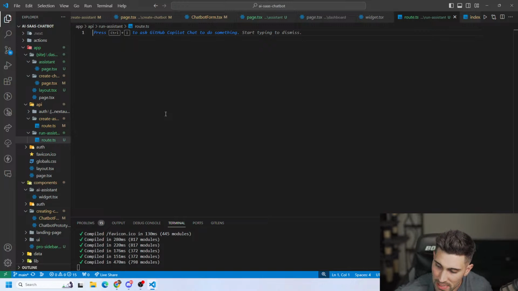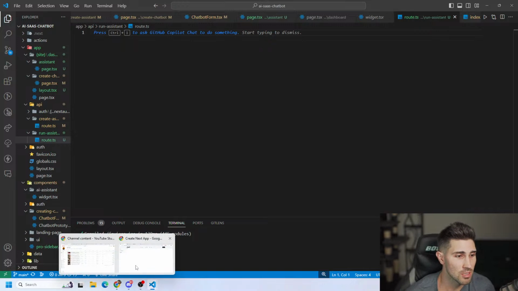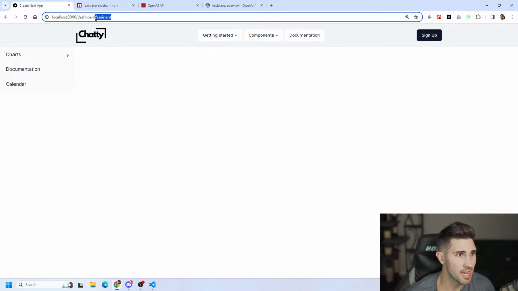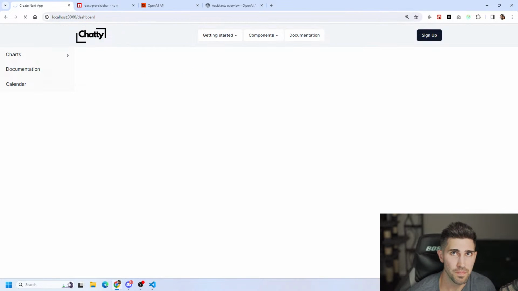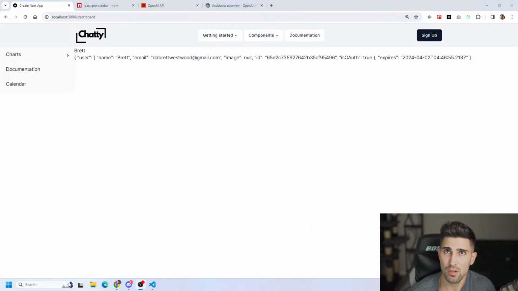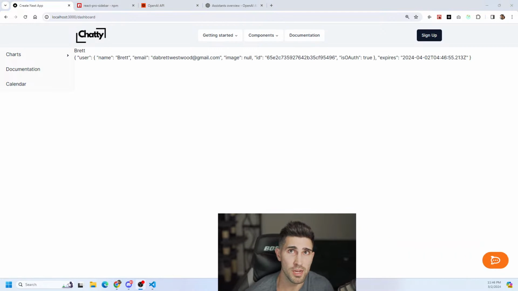So we can actually create that chatbot first and then kind of go based off that code. Because right now, if we go to the dashboard page, and let me move myself out of the way, we have this widget here where we could actually implement that. So let's do that. We could call this the chatty assistant, whatever we want to name our thing. And like you said, we could have the chatbot ask them questions about their business to help better create solutions